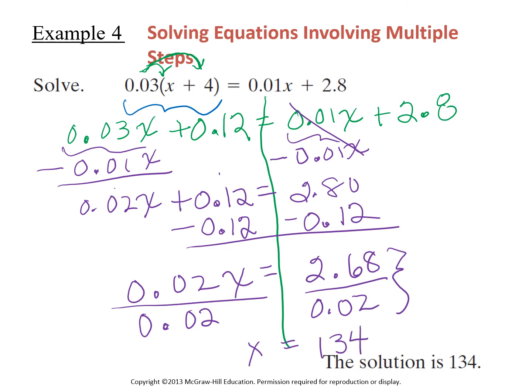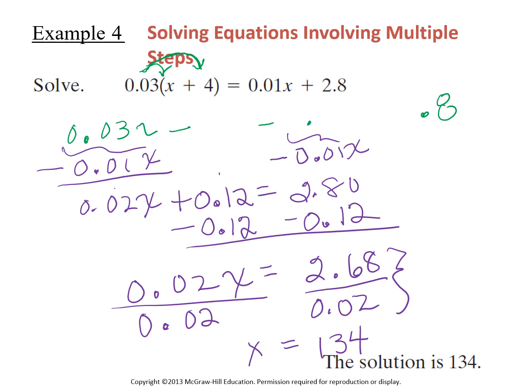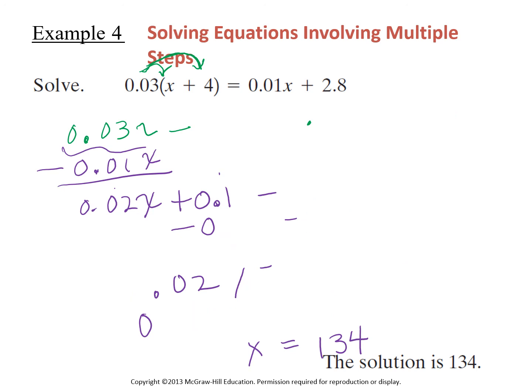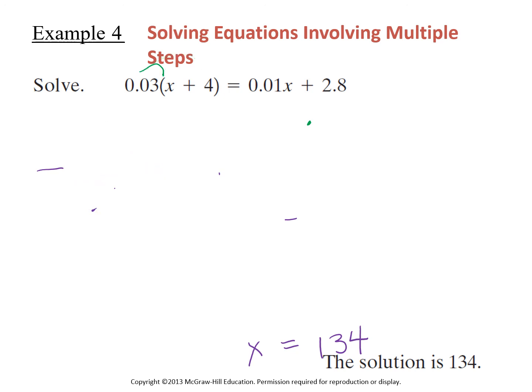And now I want to check my solution. So I'm going to start with the original equation, and I'm going to plug 134 in for x in both places. Now I don't distribute when I do a check. So I have 0.03, and I'm replacing this x with 134 plus 4. And on the right side of the equation, 0.01 times 134